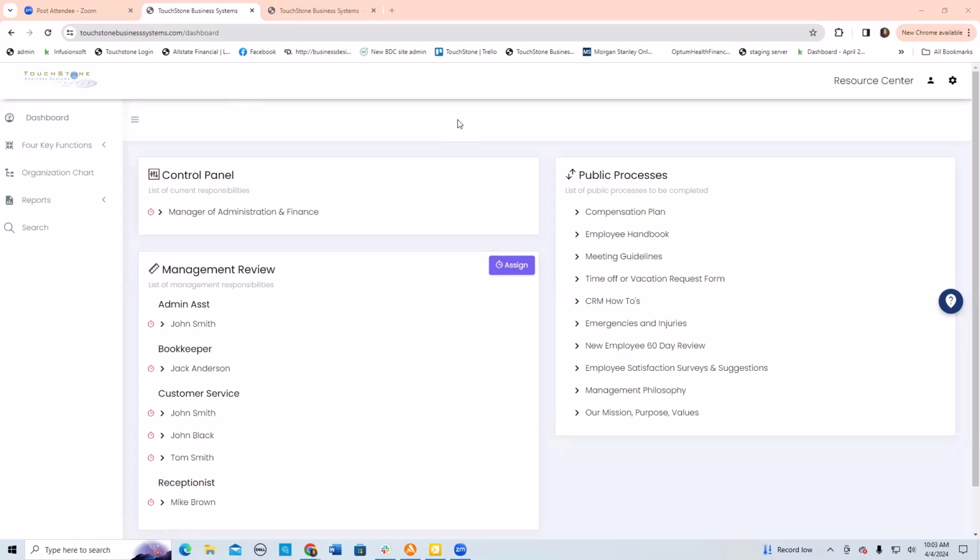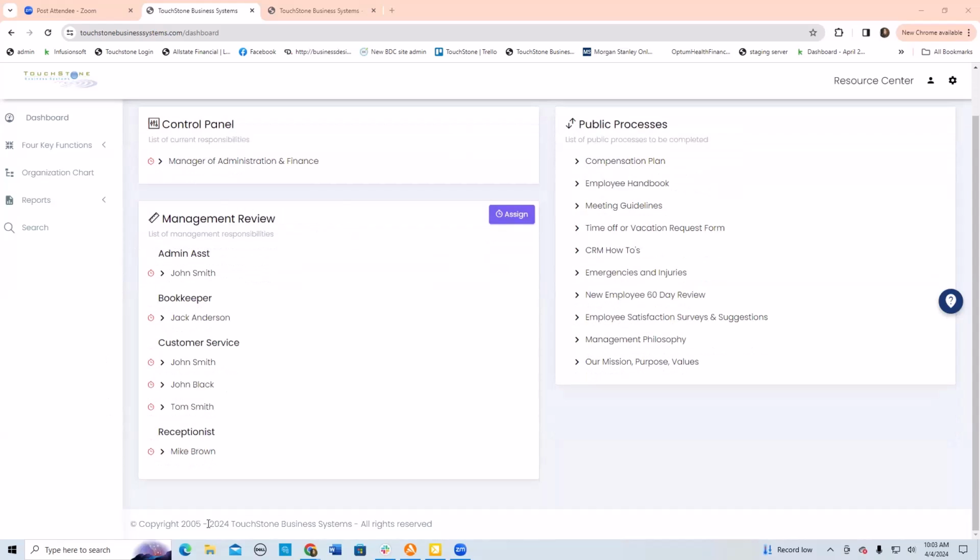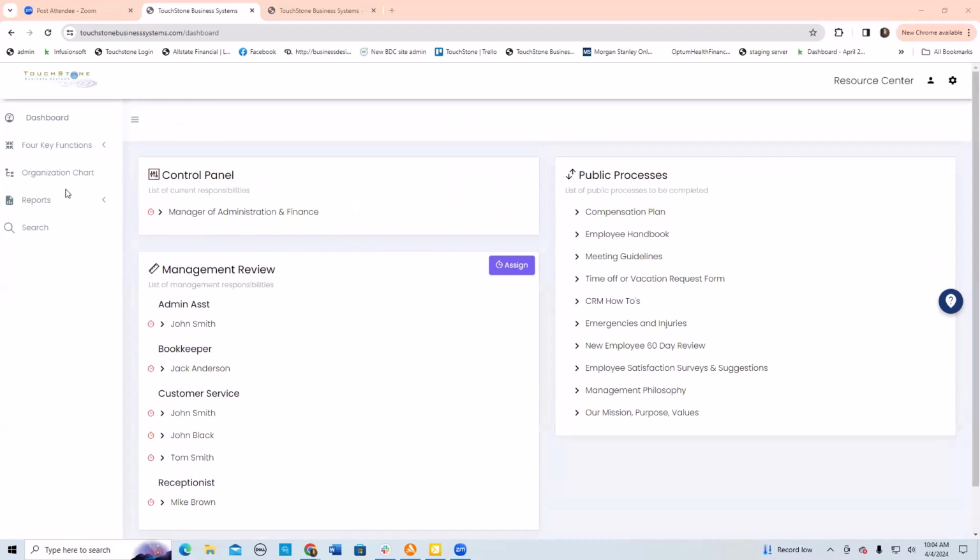So what we're looking at right now is called the dashboard. And this is what people see when they first log in. If you've got your control panels set up, whoever you log in as, you'll see that control panel position right here. So in this example, I am the manager of admin finance. And because I'm a manager, I see these people down here below in this section called management review. If you're not a manager and you log into TouchStone, you'll see just your control panel here and not this section. The higher we go on the org chart,